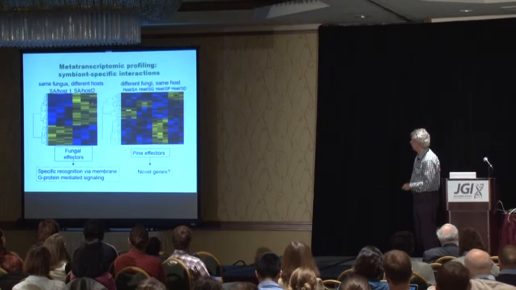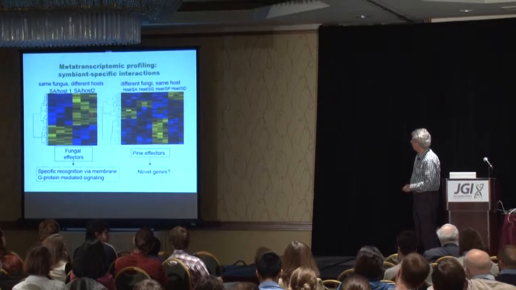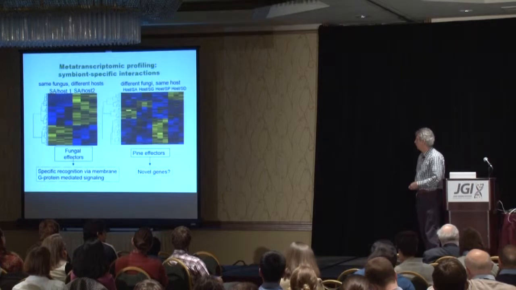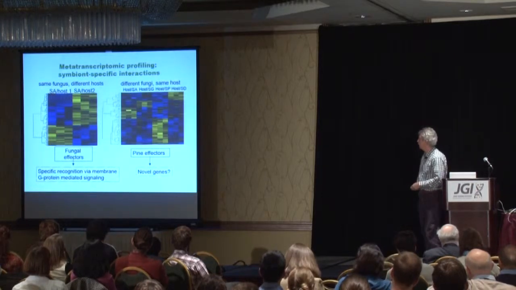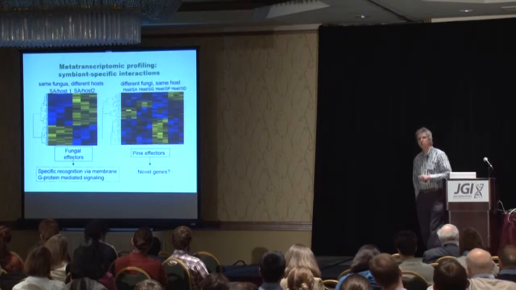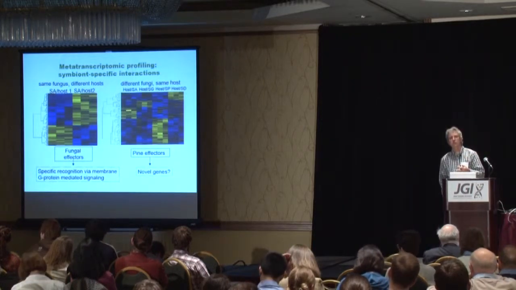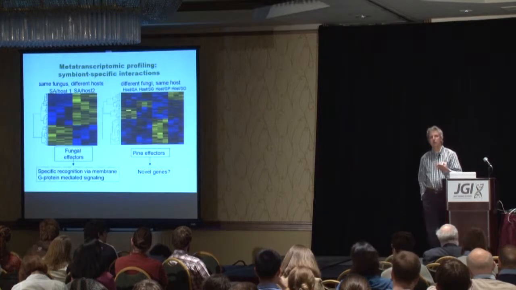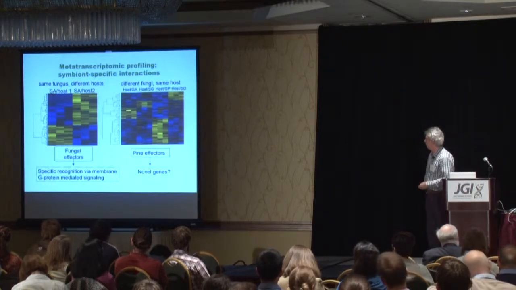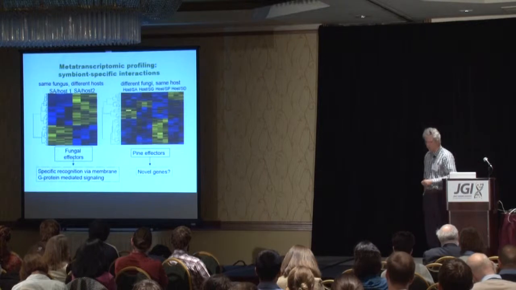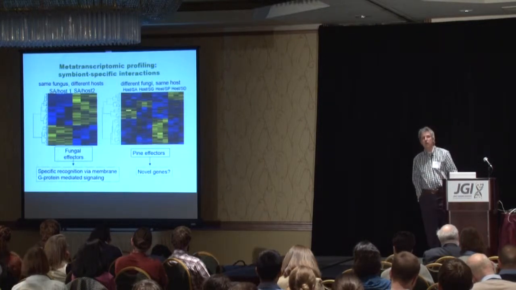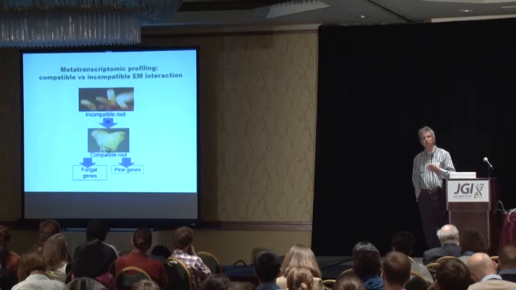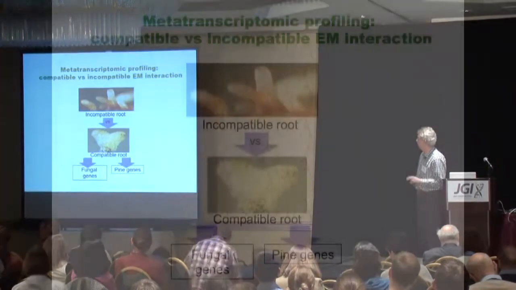Interestingly, and I'll show you in just a second here, virtually all of these upregulated fungal genes are various types of effectors or transcription-regulated genes. And so we know that there's definitely a developmental switch here that's happening in the fungi. What's happening in the pines? We don't know yet. A number of these genes are quite novel. The pine genome has not been completely assembled yet, but we can start mapping those.